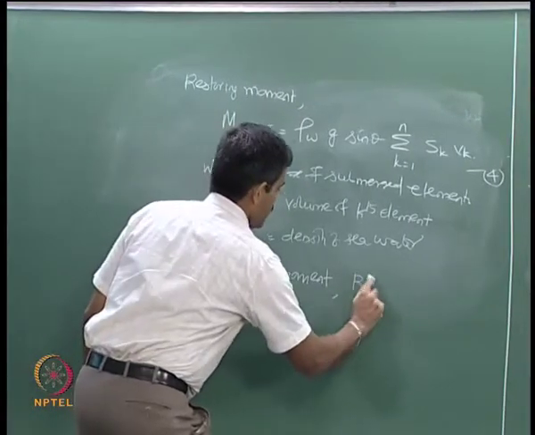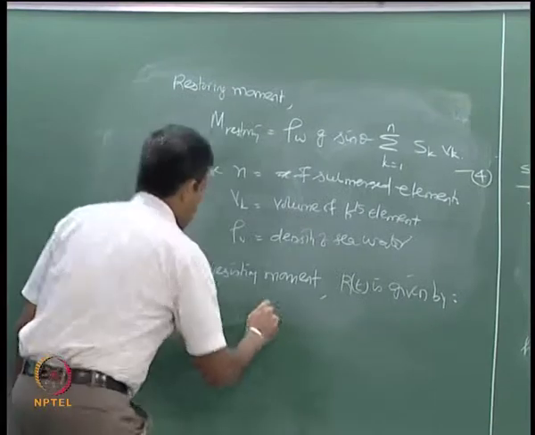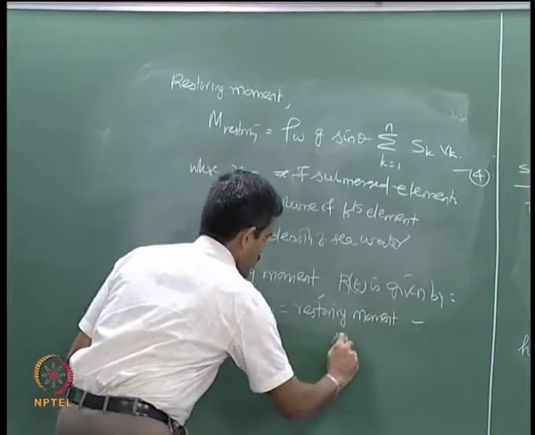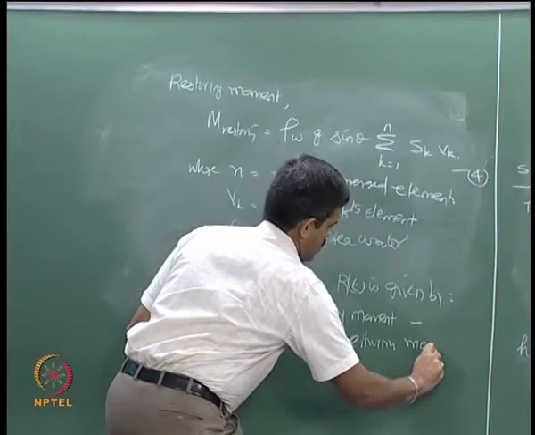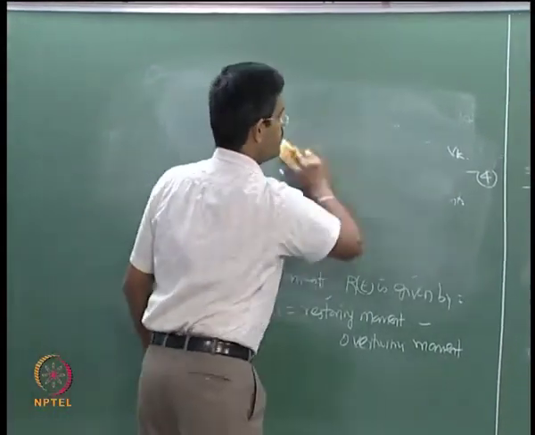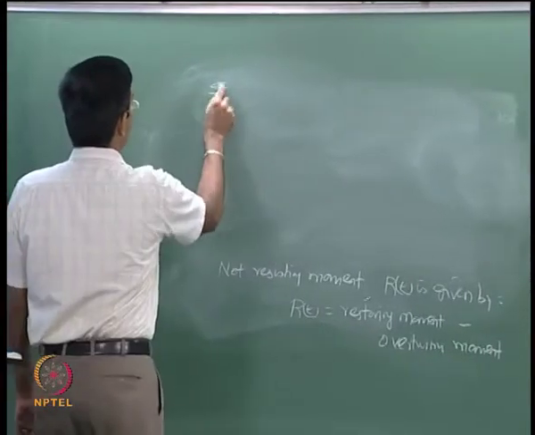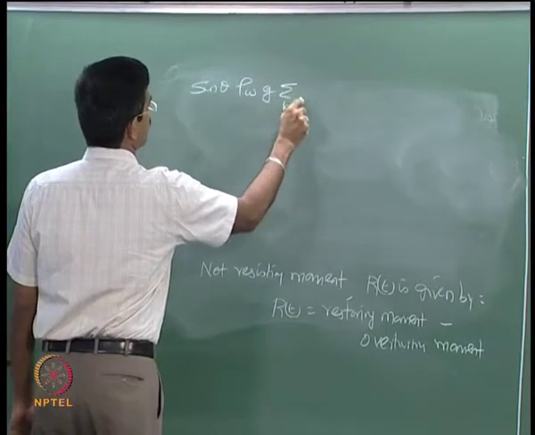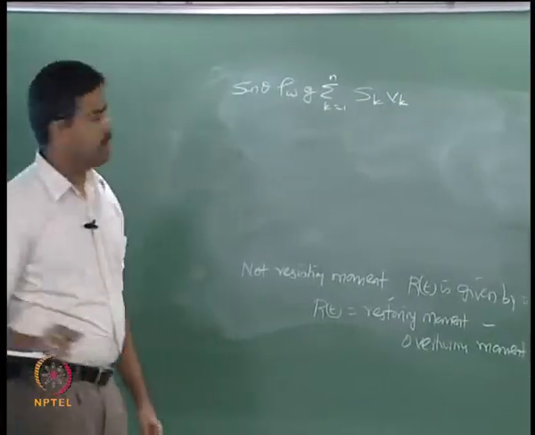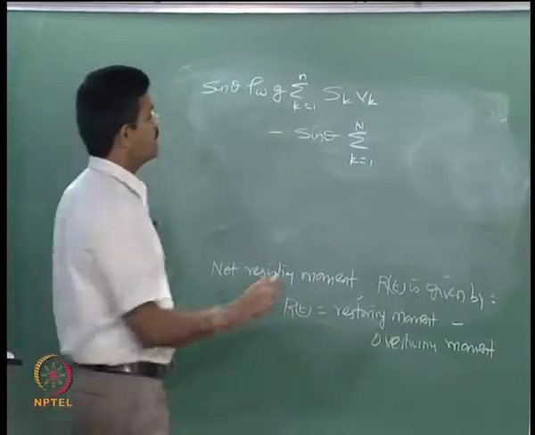Which I call R of t, is given by the restoring moment minus overturning moment, which is given by sin theta of rho wg of sum of k equals 1 to n Sk Vk, minus sin theta of sum of k equals 1 to n SkWk,